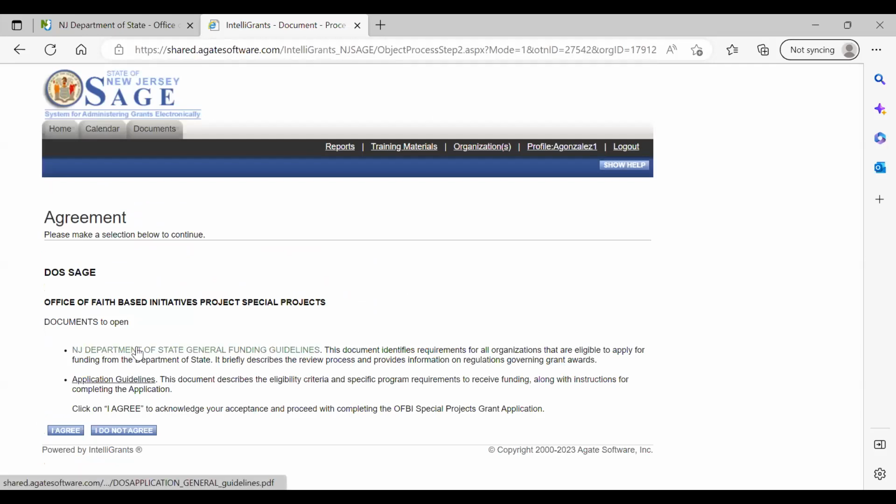The first link here is the general funding guidelines for the entire Department of State. And this link here that says application guidelines, it'll take you back. In the past, it showed you the specific application that you're applying for, but it was challenging because if changes were made to the application in real time, it took a few weeks to get it uploaded here.